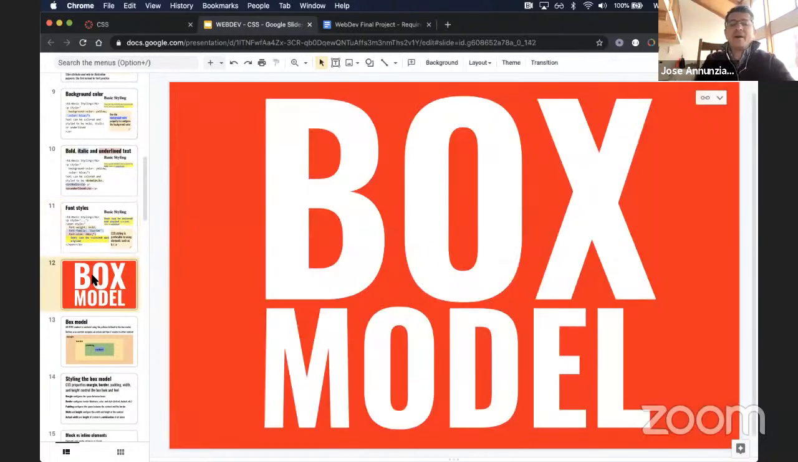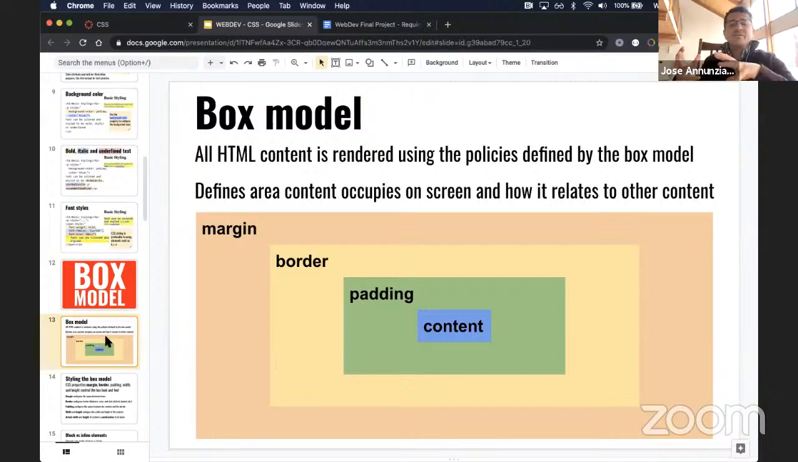Okay, the box model. So the box model is very, very important. It establishes how the browser thinks about anything that you see on the screen. Anything that you see on the screen, right, is some real estate that the browser needed to compute of where to display things in your screen. So for instance, even this